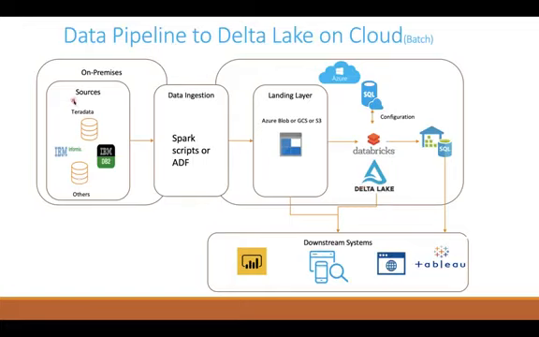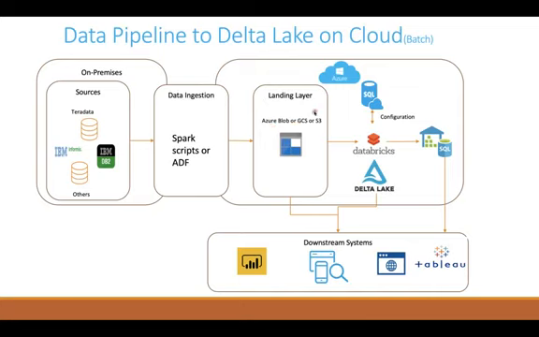This is on-premises various sources, and this is the landing layer. This is data processing layer. This is data consumption layer. In this on-premises, we have various sources like Teradata, IBM DB2, and IBM Informix. And in the landing layer, we are using either Azure Blob Storage or Google Cloud Storage Bucket or Amazon S3 Bucket. For data ingestion, we can use either PySpark scripts or Azure Data Factory. Using these data ingestion scripts, we will migrate the data from on-premises to the cloud on the raw storage layer.